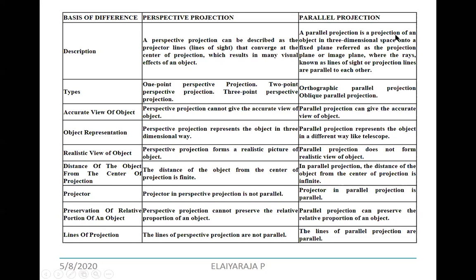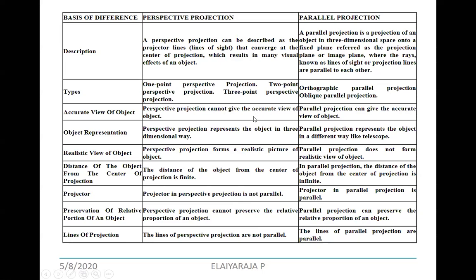A parallel projection is a projection of an object in three-dimensional space onto a fixed plane, referred to as the projection plane or image plane, where rays known as lines of sight or projection lines are parallel to each other. Types with respect to perspective: we have one point, two point, three point. Here we have orthogonal as well as oblique.